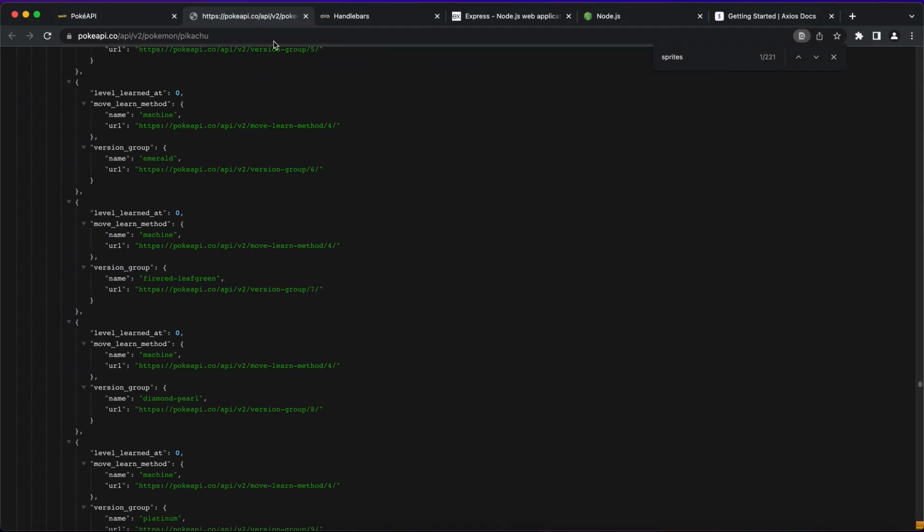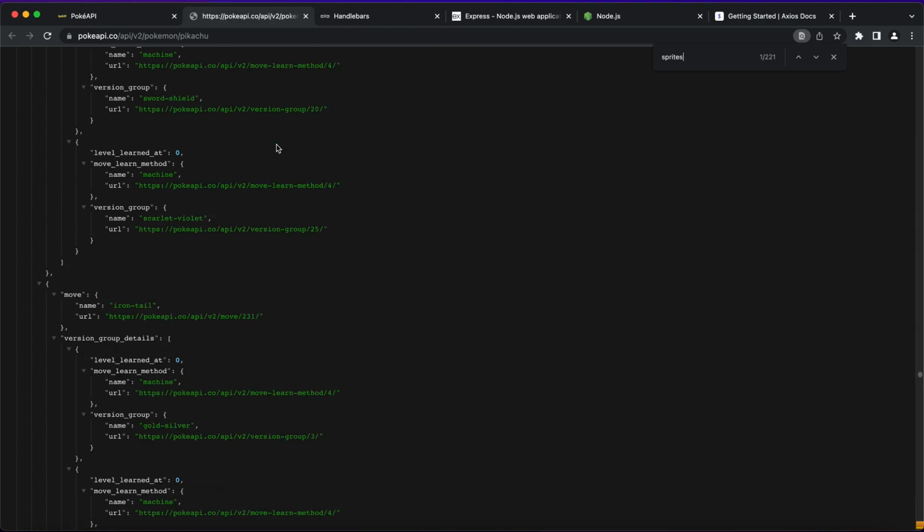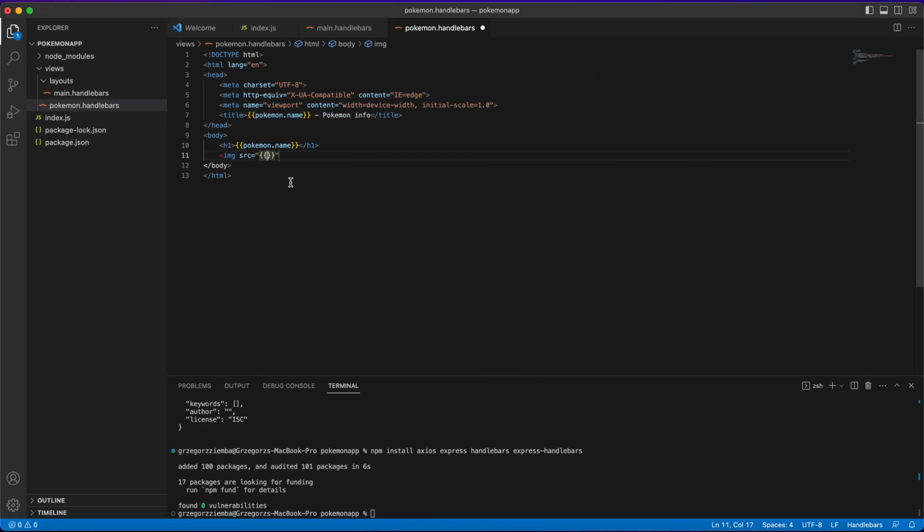Just go to, for example, Pokemon slash and the name of the Pokemon you would like, go through the whole file, and you can find out a lot of options that you can pass and get inside and create your own variation of that. Okay, so right now we'll just go to sprites and from default,